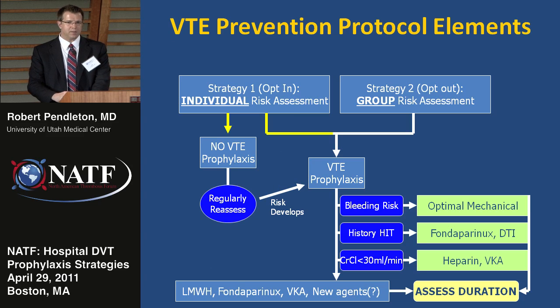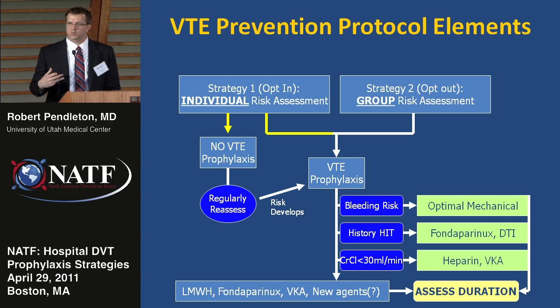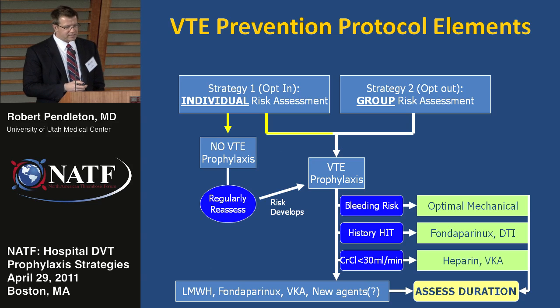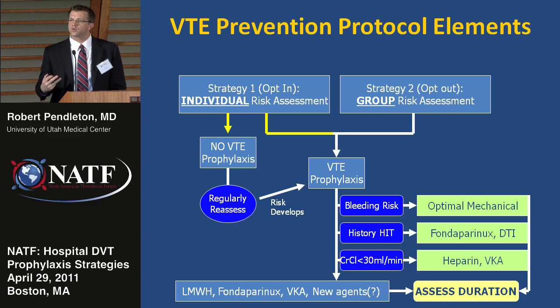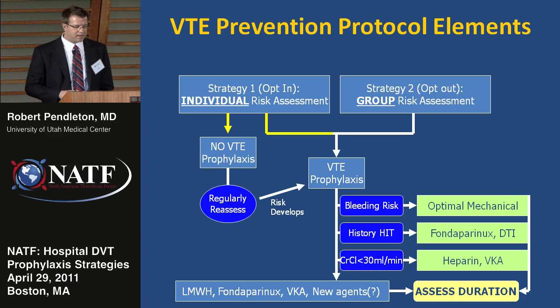Well, the second QI principle that we need to reconcile is oftentimes less is more. And if we think about how we would approach DVT prevention in broad terms, the initial step is identifying patients who we're going to act on and implement prophylaxis. And there are a couple of ways we can go about doing that. One way is to develop an individual risk assessment strategy. The other way is approaching things from a group risk assessment, basically assuming that the majority of patients are at risk and then identifying the exceptions to that rule.